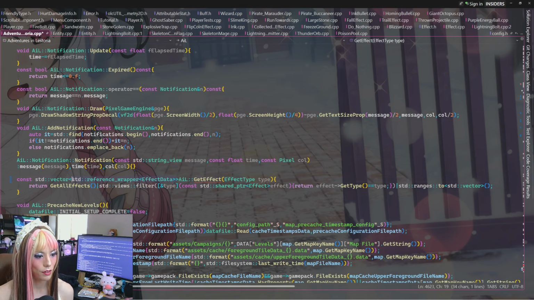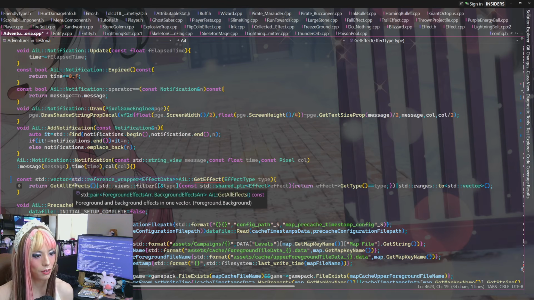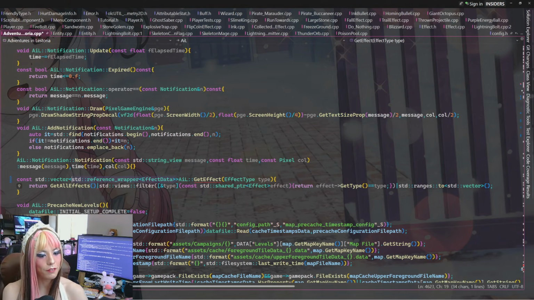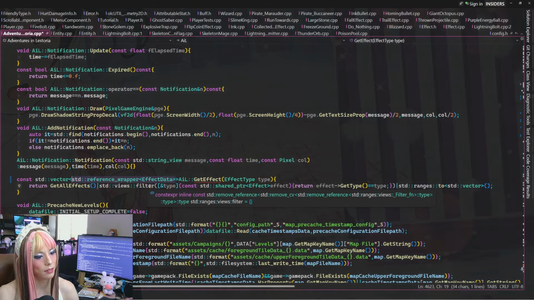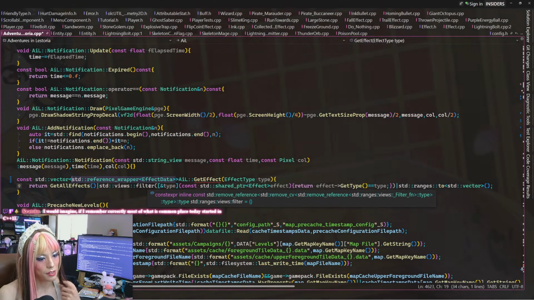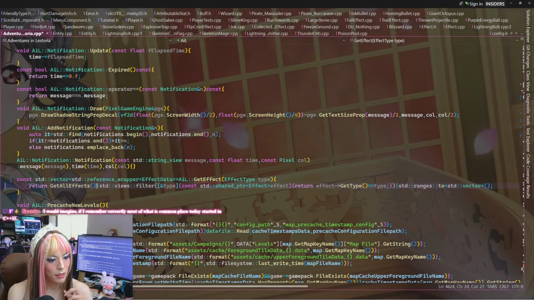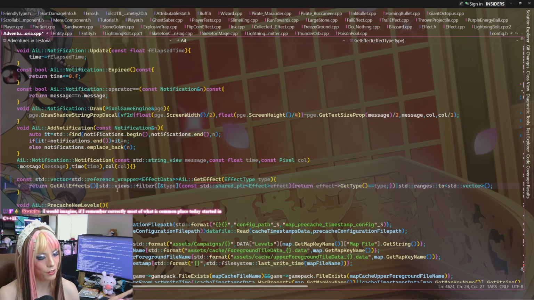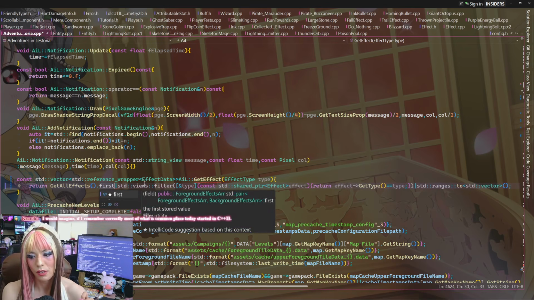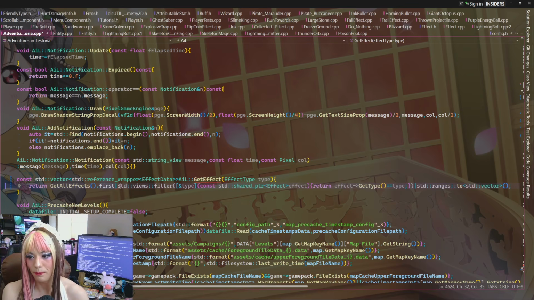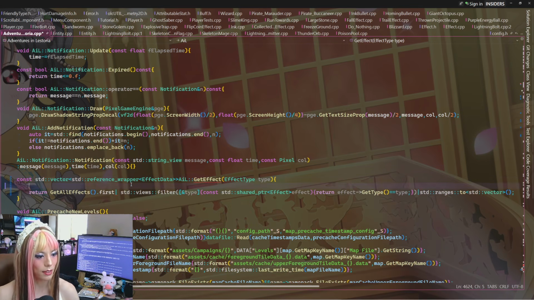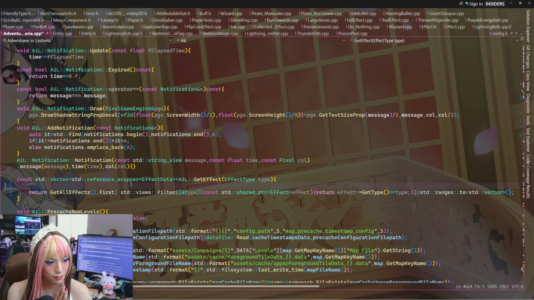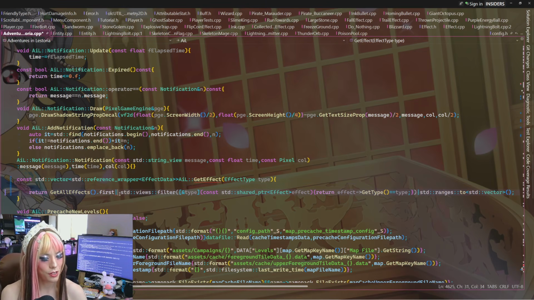information. So in here, get all effects, we have to filter. How would this work? We couldn't use this yet. We would have to do each one individually. So it'd be like get all effects stuff first combined with second. It'd be like a combination of first and second together.